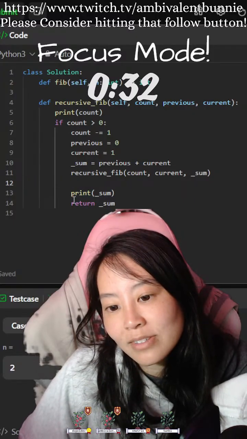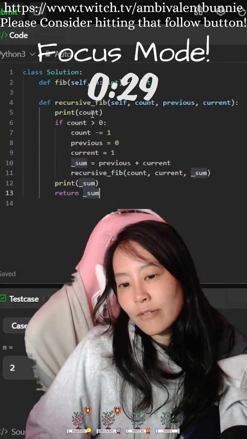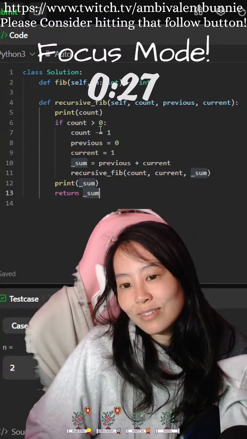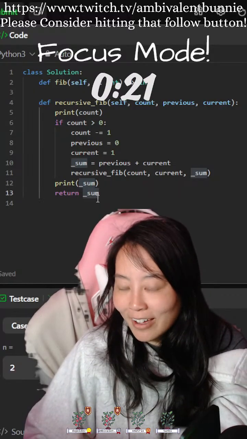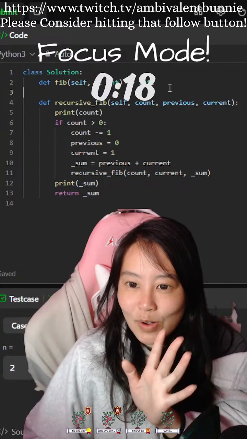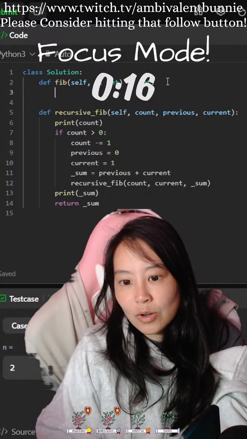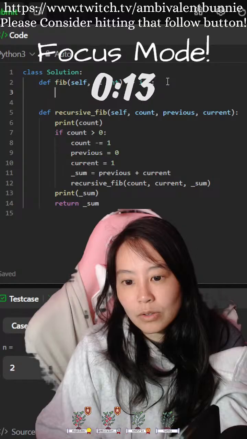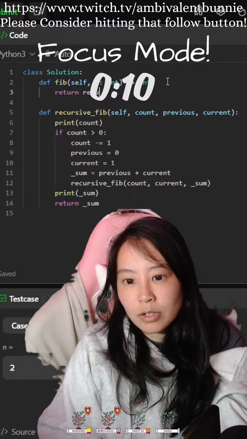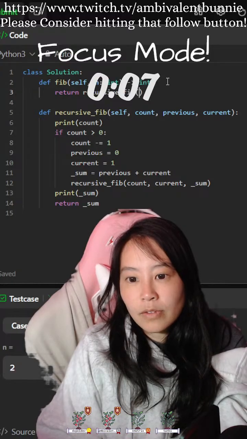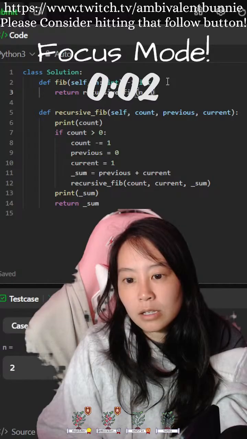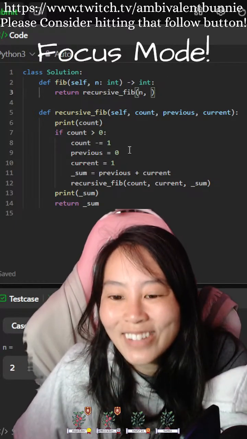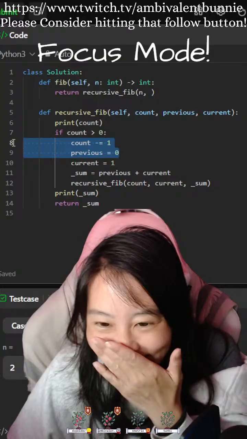We don't need an else. Basically, if count is greater. Okay, yeah. So we don't even need to do that. So then we're going to do return recursive fib, which would be n. Oh, wait, we don't want that. Sorry guys.